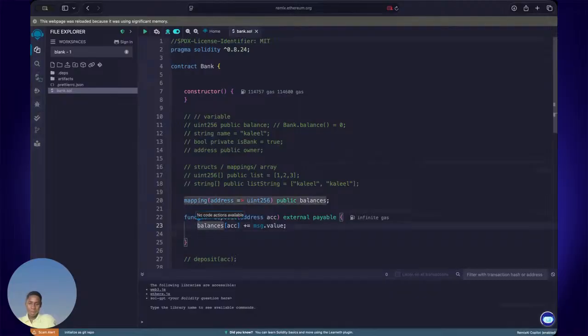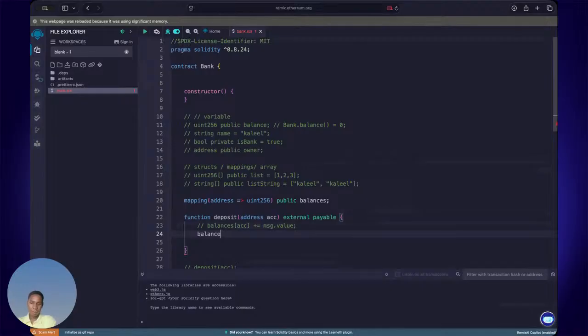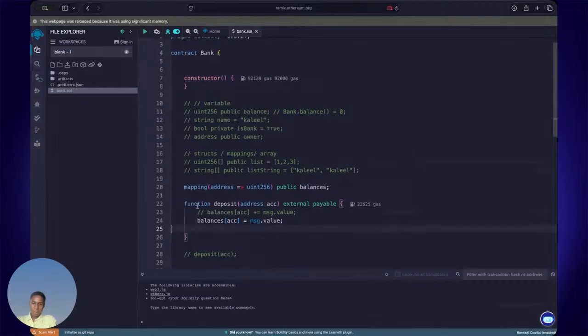Now, one mistake most people make is to declare this like this: balances[account] equal to message.value. This is a beginner course, however I'm teaching you how to secure contracts, because when you declare balances[account] equal to message.value, whatever the user had before in his or her balance will be overwritten by the current value you are depositing.